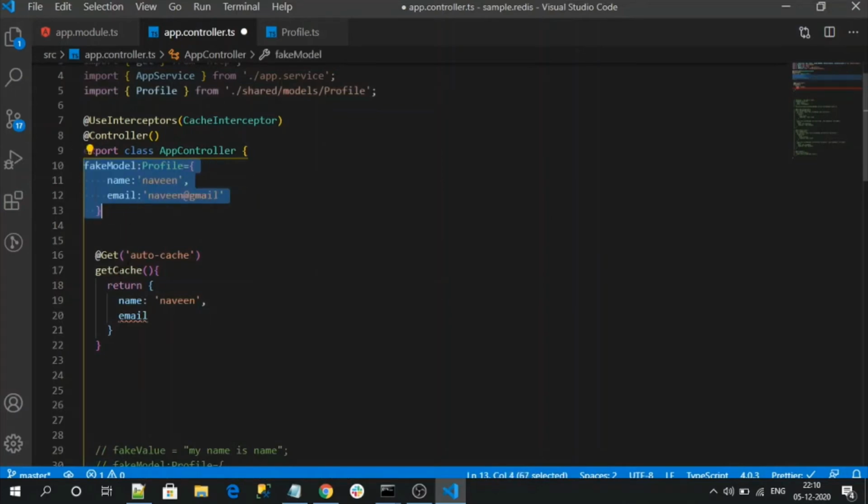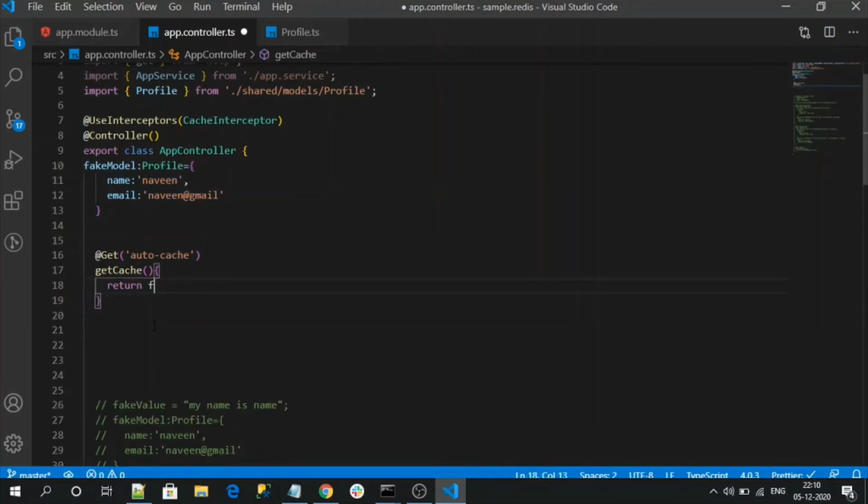Let me directly retain this fake model. So when it is requested the first time, it will return from here. But after the subsequent requests, it is going to be delivered from the cached response.